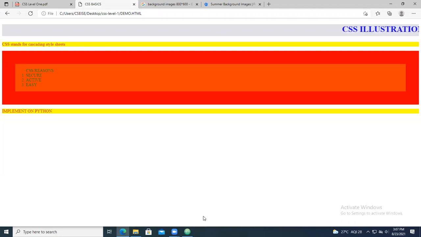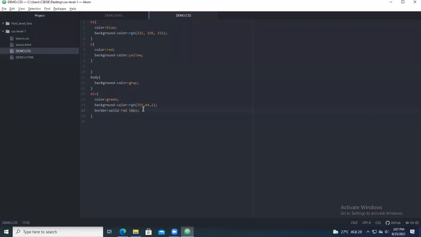Okay. So similarly for the border, you can have border width. Border width, you can give something called thick, thin, whatever you want. So many parameters are there: border width and border style.